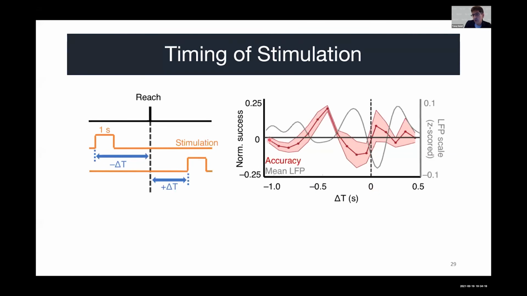So in this plot, you see that the mean LFP, the quasi low frequency activity, starts to engage half a second before the movement starts. And if our stimulation is also tied to that, the accuracy is the highest. And if the stimulation really starts later in the reach, it doesn't really improve the accuracy. So in the red here, you see the success or the accuracy on the task, and in the gray, you see the LFP activity. So the time preciseness of this closed loop stimulation was very, very important. It really had to be triggered in a closed loop fashion to be essentially augmenting this LFP.